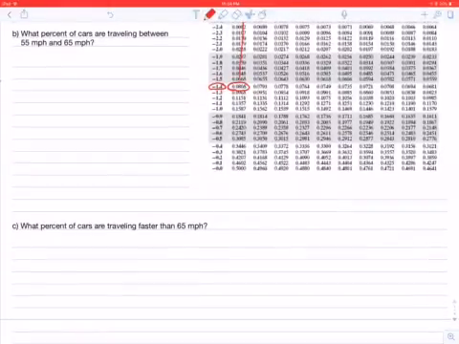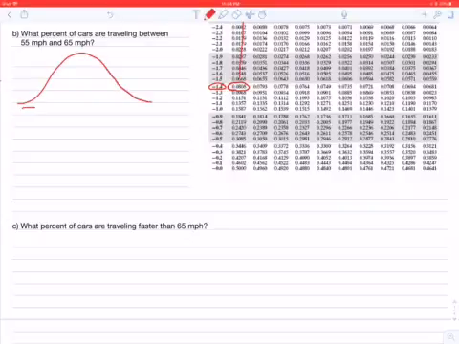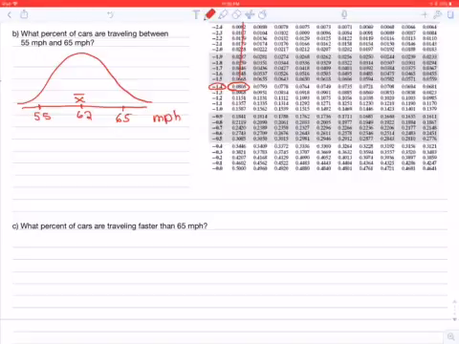Now if we want to know what percentage of cars are traveling between 55 and 65 miles per hour, let's draw our curve, putting our mean of 62 miles per hour in the middle. 55 miles per hour is less than the mean, to the left. 65 miles per hour is more than the mean, to the right. These are miles per hour. So when we standardize these, we know the mean has a z-score of 0. We just found the z-score for 55 miles per hour. That was negative 1.40. So for 65,